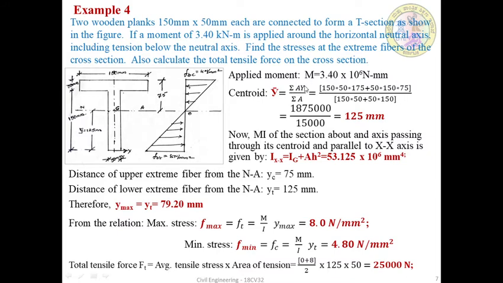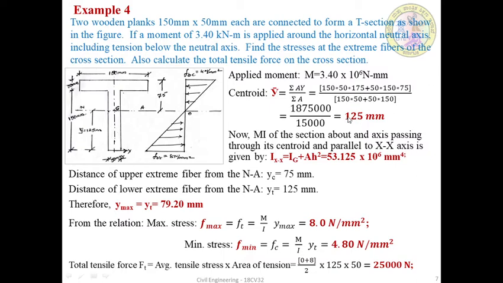So the moment of all the individual areas divided by the algebraic sum of all the areas. Here the area into y with respect to, I have taken this one as the reference axis. X axis is the bottom reference axis. With respect to the x axis, I found the value of the area into y of the individual sections. I divided the T section, here the dotted line, into two rectangles.